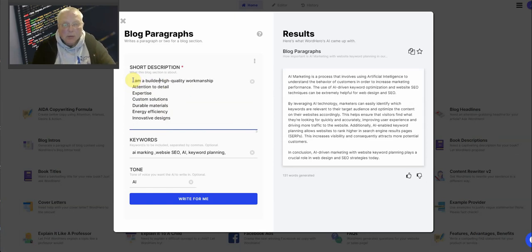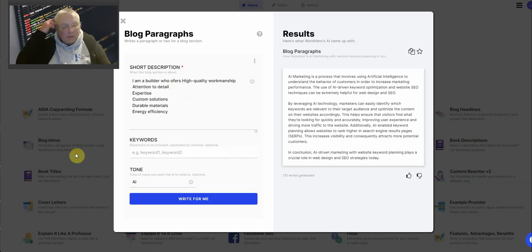Builder who offers... right, so if we just take the word design out, that should cover it. You'll notice some of the words I'm removing are actually from a similar concept as I tested out certain things here. So builder,